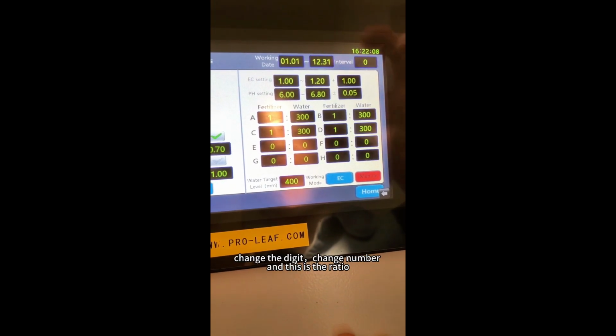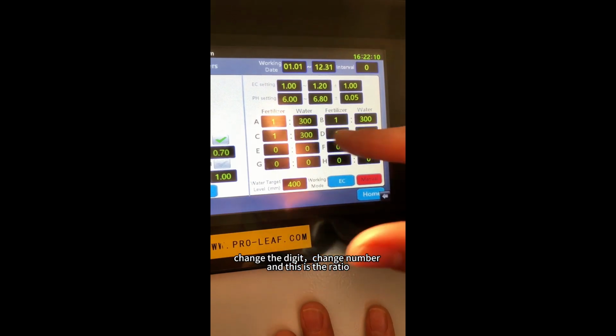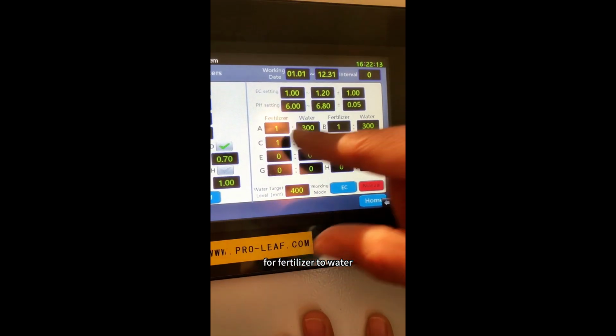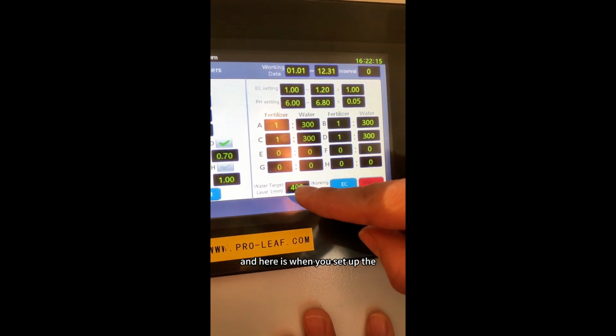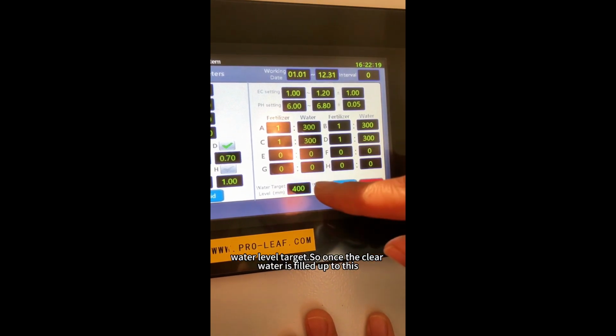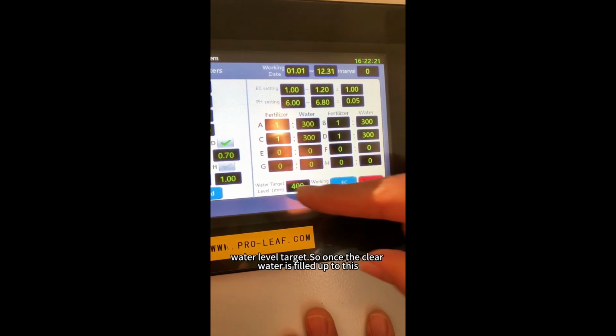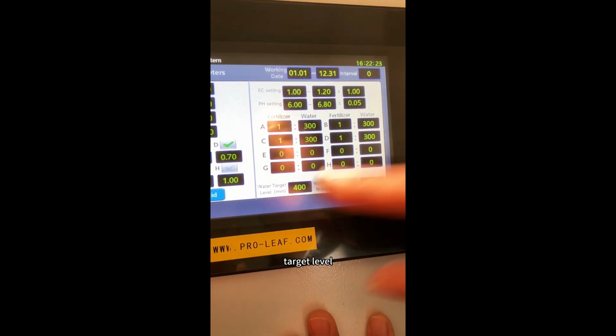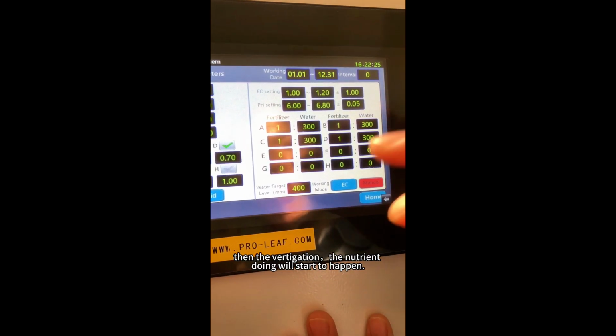Easy for you to visualize and to change the digit, change the number. And this is the ratio for fertilizer to water. And here is where you set up the water level target. So once the clear water is filled up to this set target level, then the fertigation, the nutrient dosing, will